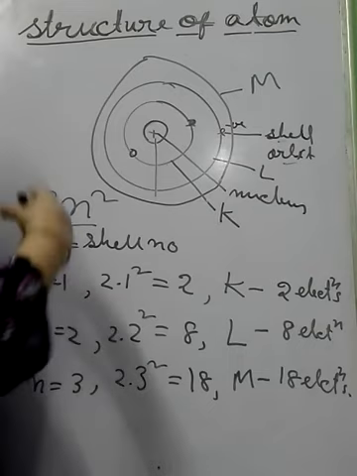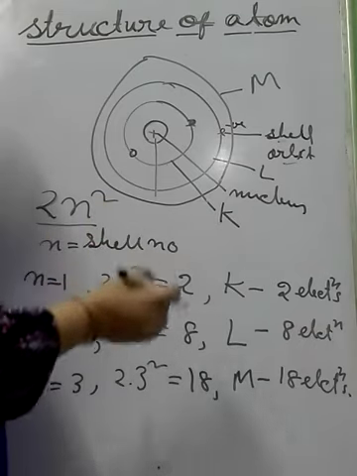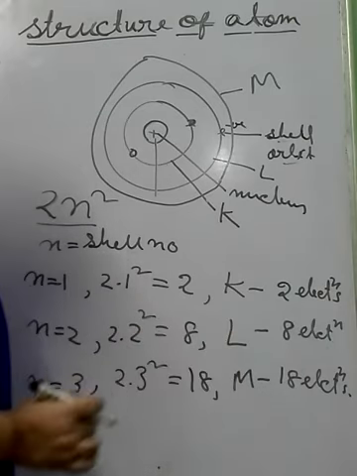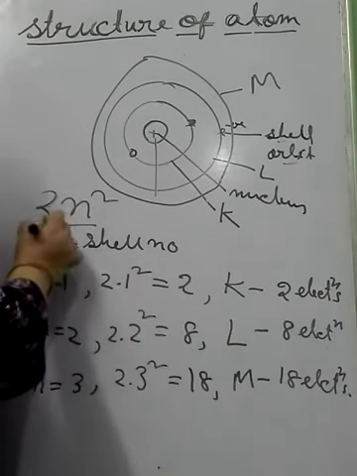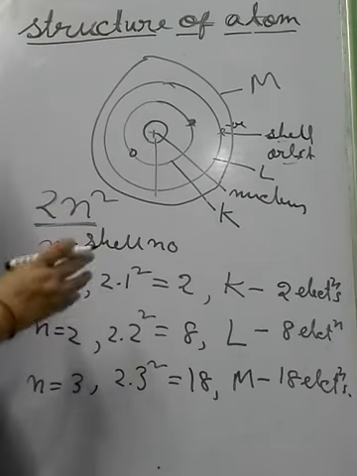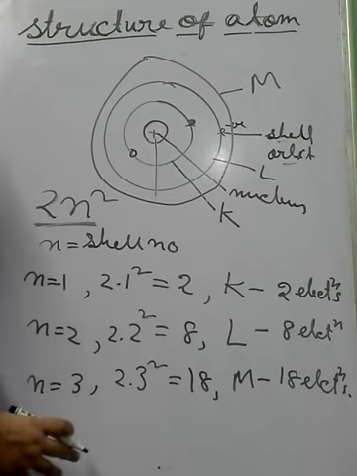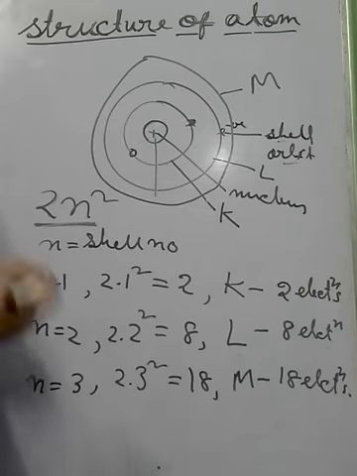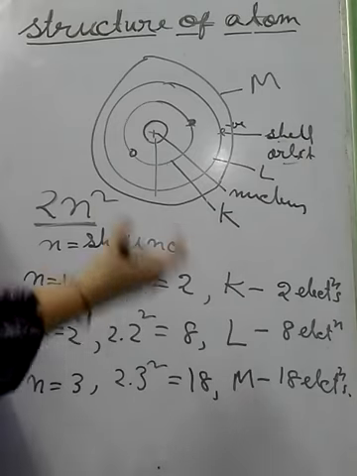So in this way, different shells have different capacities. K shell capacity 2, L shell capacity 8, M shell capacity 18, and we can find it out with the help of this Bohr-Bury formula. We can find out the number of electrons possible in a particular shell or orbit in this way. By applying this method, we can find out the structure of all atoms, and how many electrons are possible for them in different shells can easily be found out.